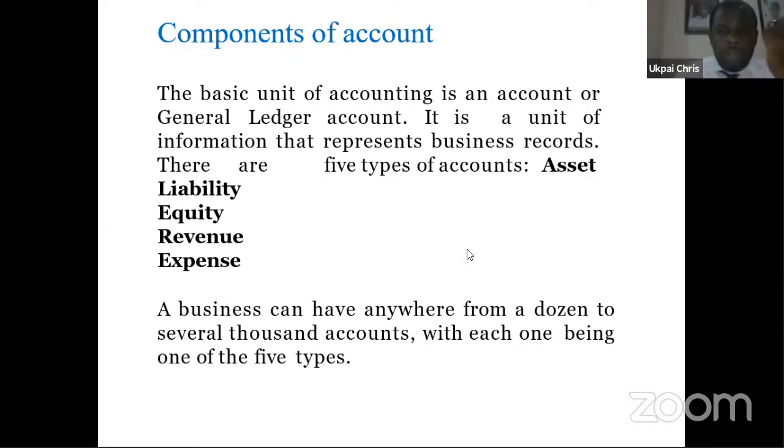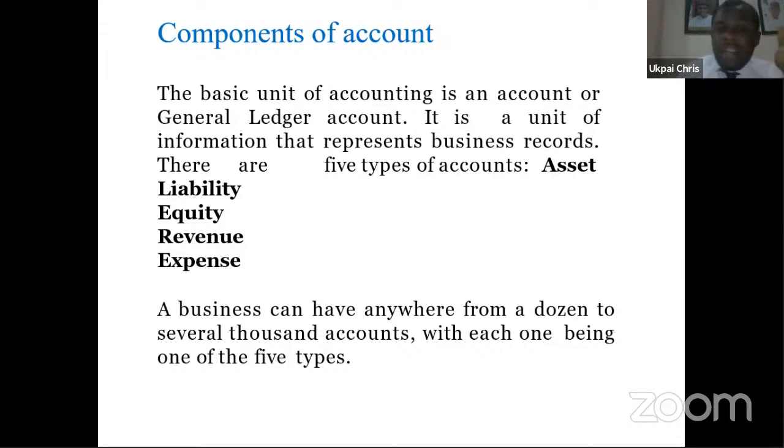Can we continue? I have defined assets, liability, equity, revenue, and expense. I told you that revenue is an increase in economic benefit as an inflow to an organization. The money you are making from your sales is revenue, while expense is a decrease in economic benefit as an outflow from the organization. The money that's going out of the organization is expense. The money that's coming in is revenue. Am I communicating?